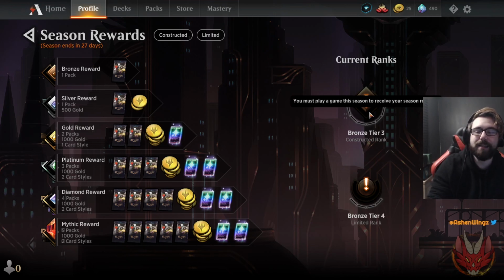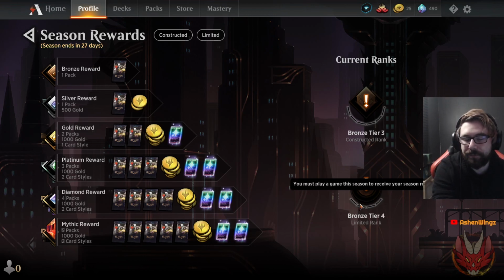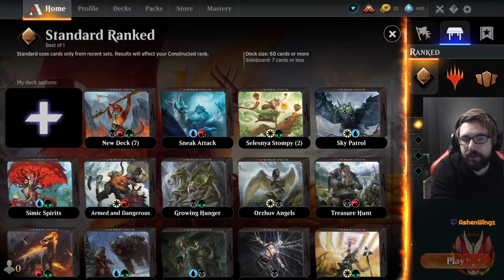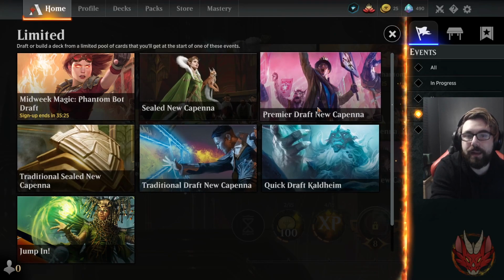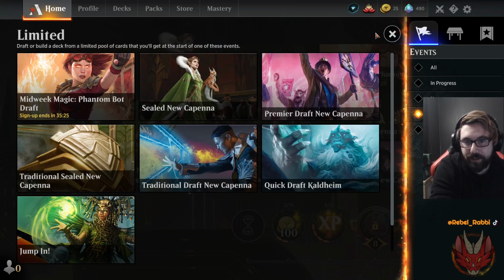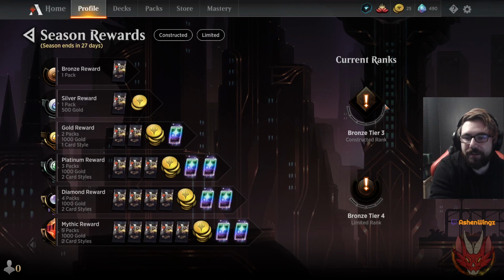The cool thing is that there's not just one ranking system for constructed rank. There's also a limited rank too. Remember when I was talking about draft and sealed and all that stuff that's over here with the special symbol, this guy, all the limited stuff here. Any of these things, when you do well in them and you win, you get a ranking system for limited as well. So if you get this to gold and this limited one to gold, you'll technically get 4 packs, 2,000 gold, and 2 card styles. So that's kind of the perk,